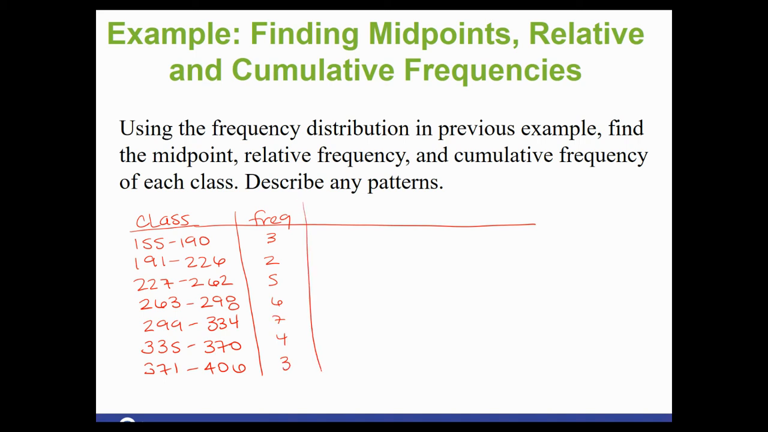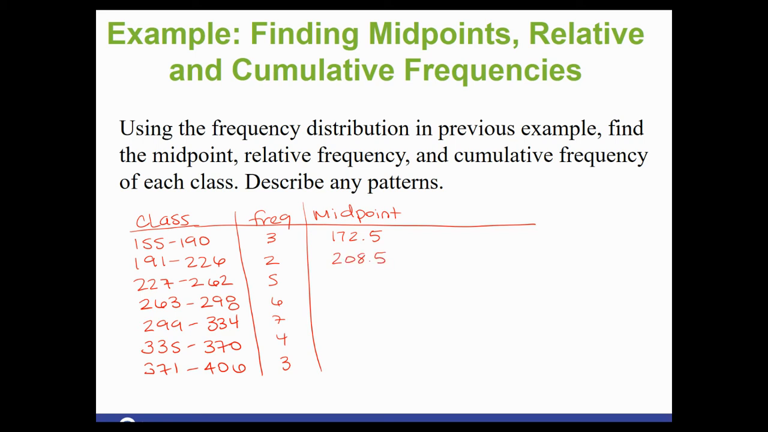All right, so the new column we can add is called midpoint. So for midpoint, you are going to take your lower class limit and upper class limit and average them. So 155 plus 190, hit enter in your calculator, then divide by 2, and you get 172.5. And it should be right in the middle of those 2 class limits. So then we can do our next one. So now we are on 191 plus 226, add them together, then divide by 2, and we should get